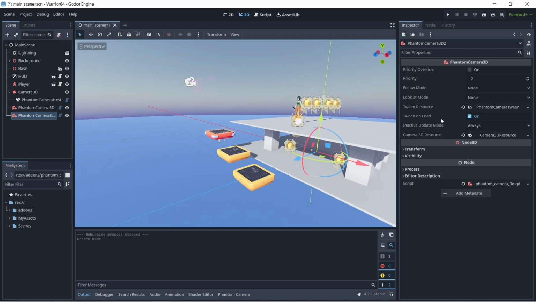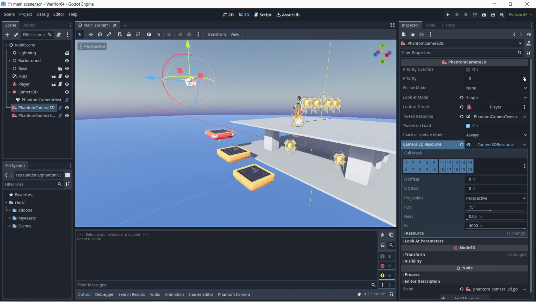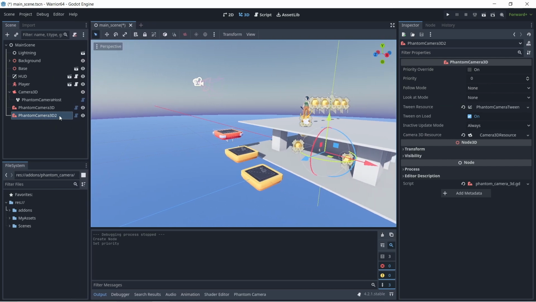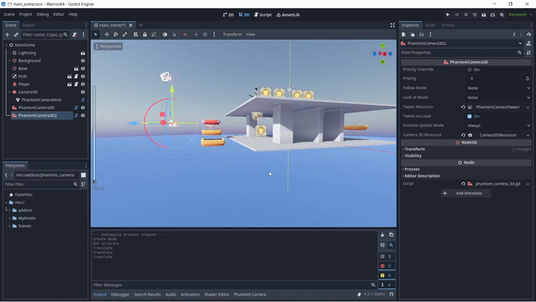Let's get the priority of this one to 1, and this one is going to be 0 for now. So this is the second phantom camera, but this phantom camera is going to be like over there. So when we get here,